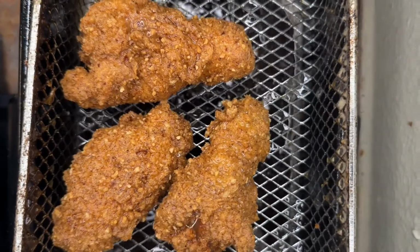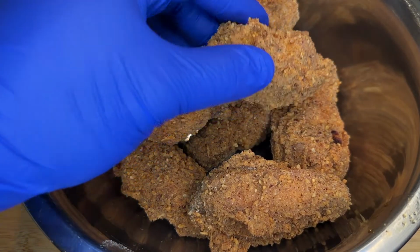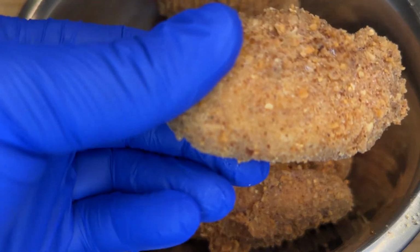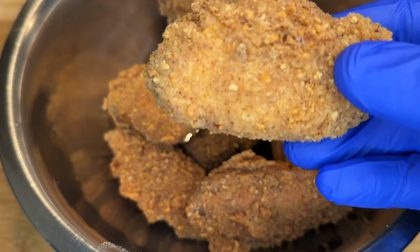And that's what we're looking like once they come out the deep fryer. Okay, so we got our bucket of fried chicken wings. If you guys can see, if we can get a nice little focus on these. These are looking so